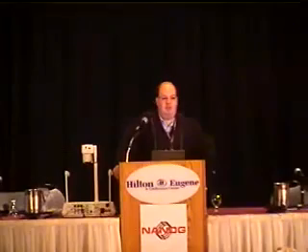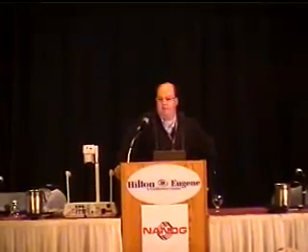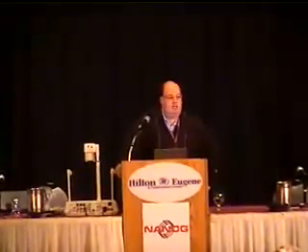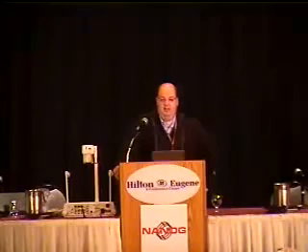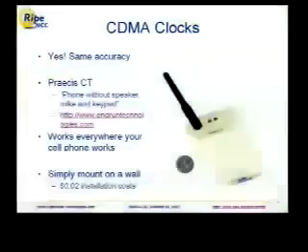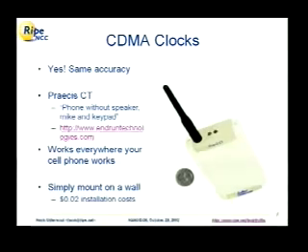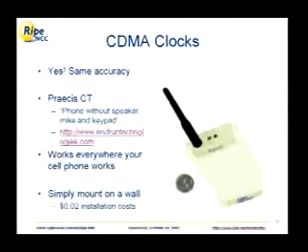And this unit works everywhere where a CDMA cell phone will work, which is essentially North America and some parts of Asia. And you all know that the cell phone works deep inside buildings, and that's true for this unit as well. So installation is really simple. You don't have to drill any holes or go to the outside. You simply get a hammer and a nail, put a nail in the wall, stick it to the wall, and you have mounted it for 2 cents. So this is really great. It means you can now do measurements basically anywhere where you can make a phone call.